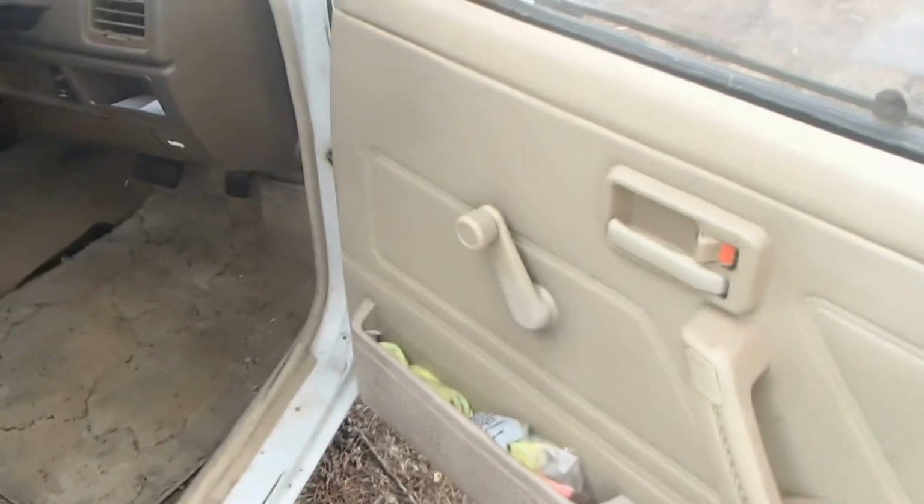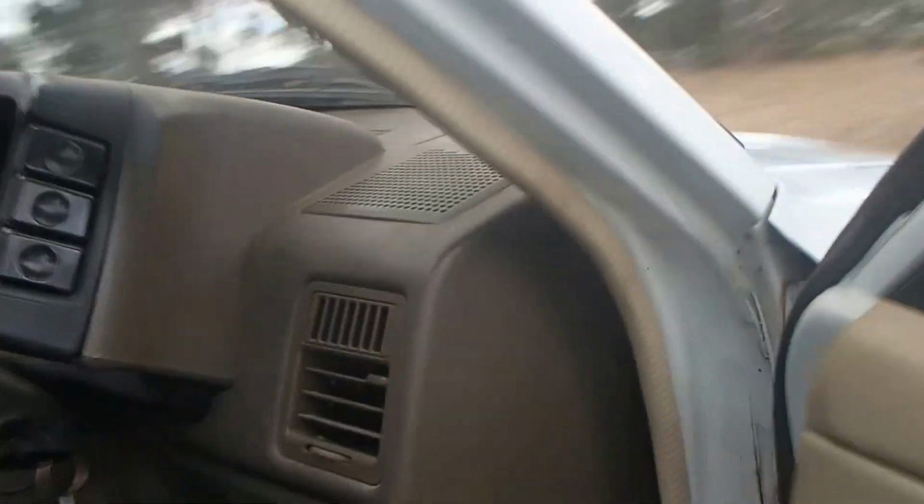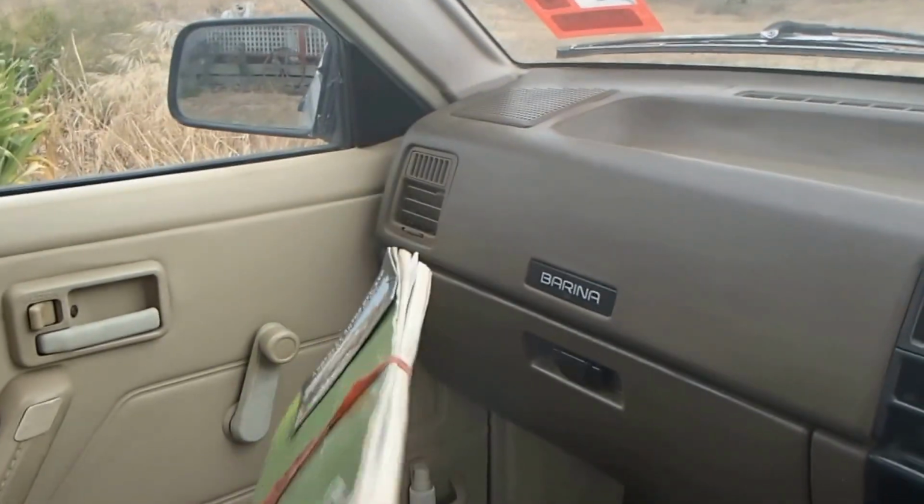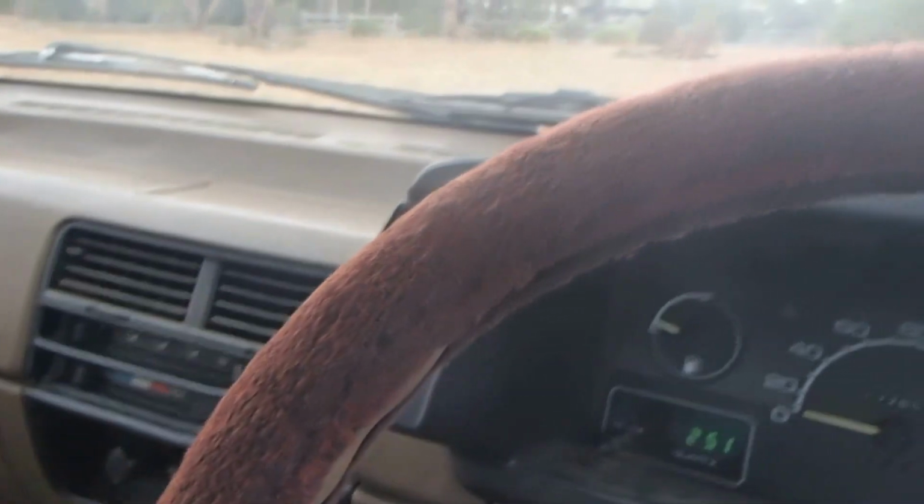So we've still got, I'll get it started up. It's got 172,000 on the clock, and obviously it's been serviced at 167. And we've got the original books with all the services in it. And then the radio works, and everything works,